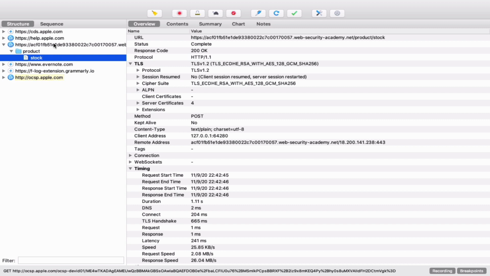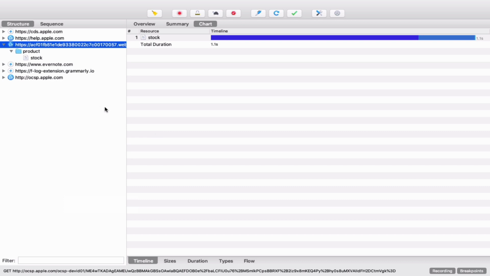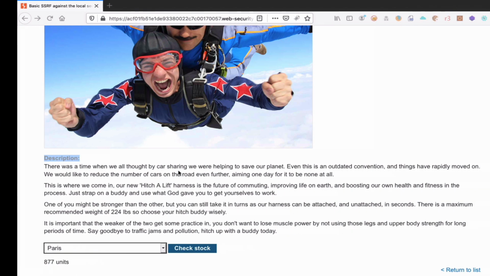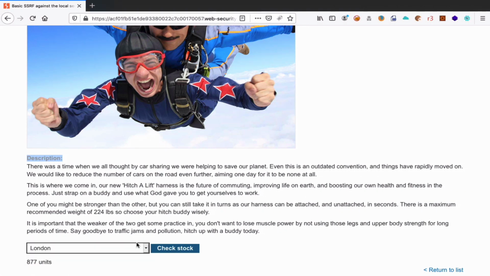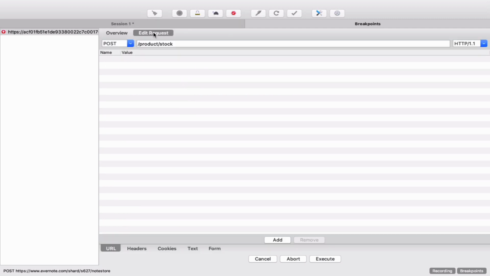Now what I can do is set a breakpoint. You can see I'm just setting a breakpoint here. You can confirm it by right clicking. You can see the breakpoint is set. Now I can select this one again and then check stock. When you click on this, you can see clearly that it is intercepted here. And now when you check here, edit request, you can see I'm just clicking on edit request here,